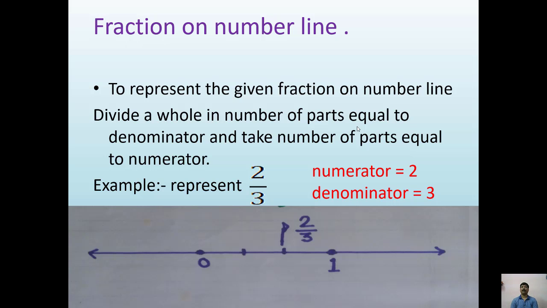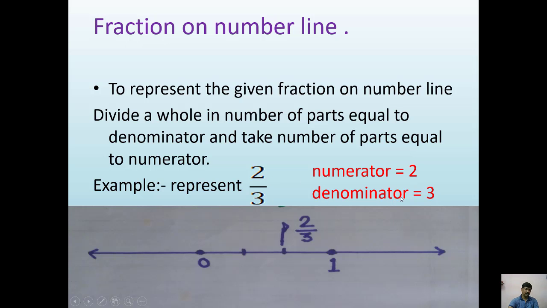Fraction on number line. Now we are going to study how we can represent a fraction on number line. To represent the given fraction on number line, divide a whole into a number of parts equal to the denominator and take a number of parts equal to the numerator. How can we divide? To represent any fraction on number line, we have to divide the whole, because a fraction is a part of a whole. For example, if we want to represent 2 upon 3 on number line, here this fraction